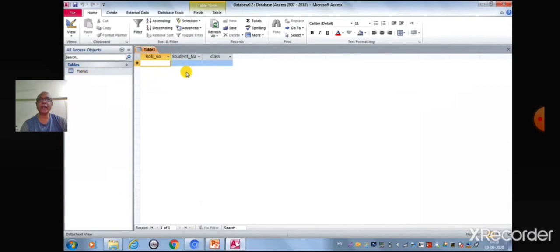You will also find a blank row with an asterisk symbol. Start typing the data in the appropriate field. Press right arrow or tab key or enter key to move to the next field. When the data is entered in a row, a new blank row will appear automatically.